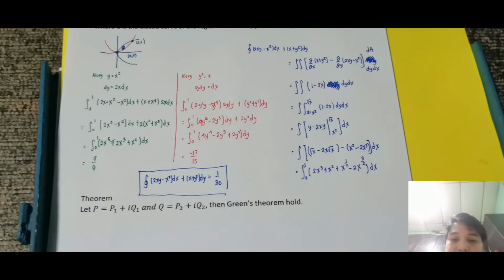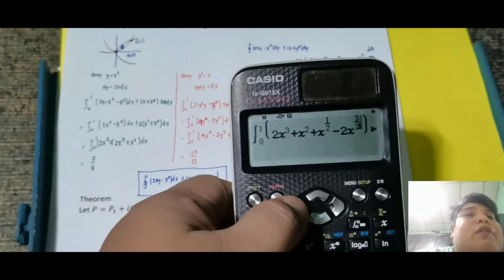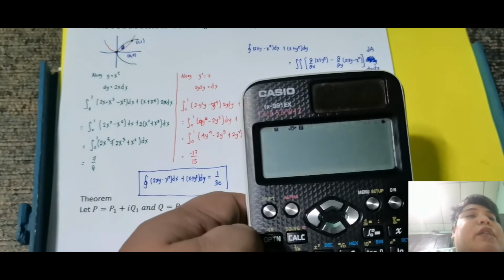Okay, then minus 2x raised to 3 over 2. Okay, so pakita ko lang din para check natin. Integral, that is something ganyan. Okay, the answer is